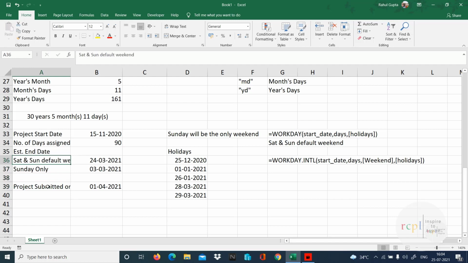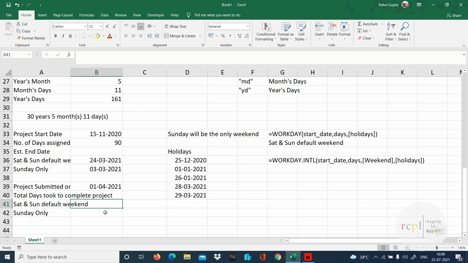So first, I have to check in both respects, Saturday and Sunday as weekend, and Sunday only. So total number of days taken to complete the project.